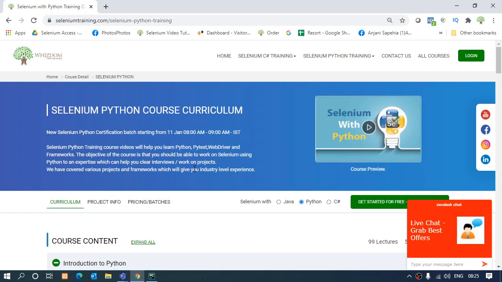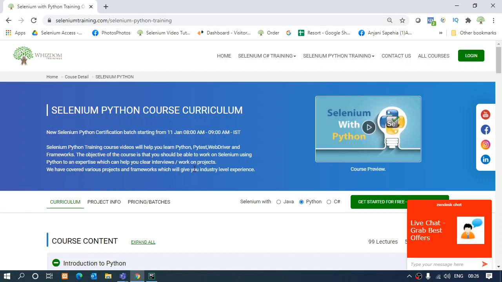To automate the browser, what is the main thing? I need to interact with the pages that are there on the website. How will I be able to interact with these pages? By interacting with the elements that are over here, right? If I want to click somewhere, I need to interact with that element. I need to know what that element is, and then I have to extract it and use it, right? Now how to do that?